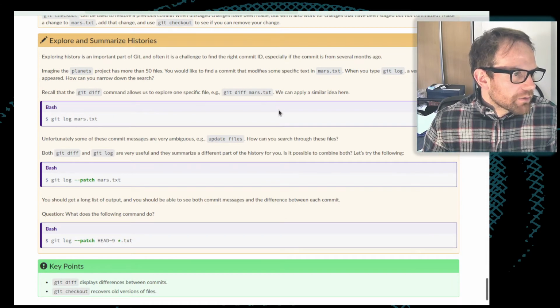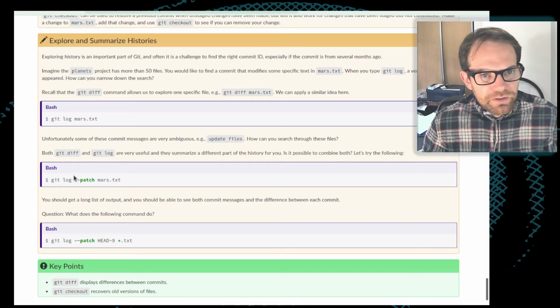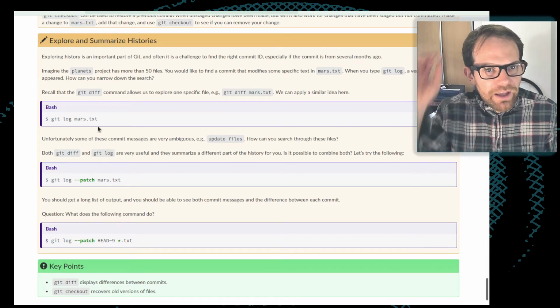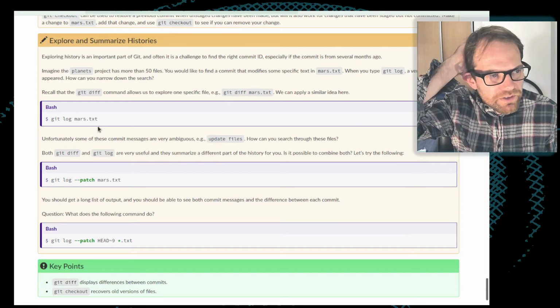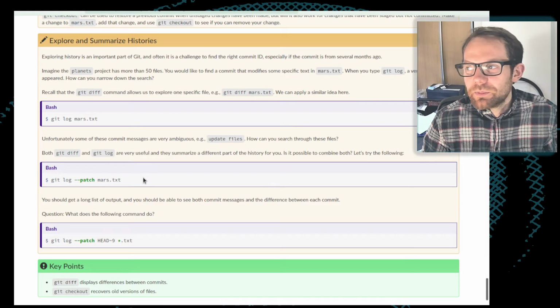Right, there's a little bit of discussion here about how you can use a command called git log patch to specifically produce a thing called a patch, which explains the differences between two versions of files. Patches used to be something which were more frequently used when you were working with multiple collaborators to change things in repositories. They're much less frequently used nowadays because we have things like GitHub and GitLab, which consolidate different people's repositories together. So I'm going to breeze over that so that we have time for a quick break.